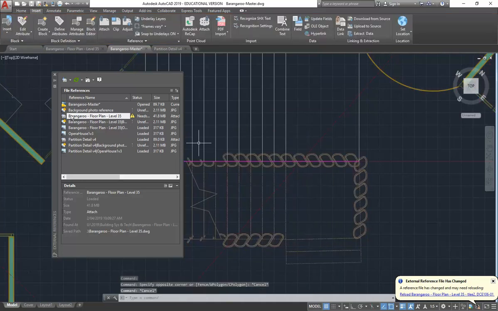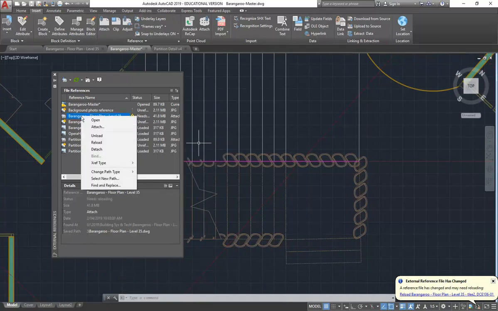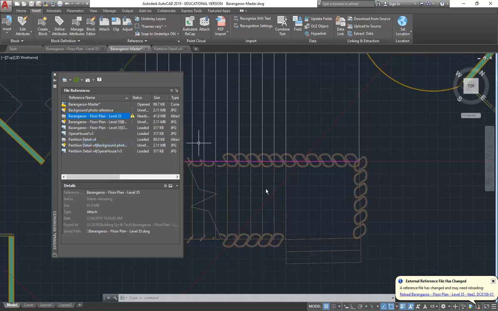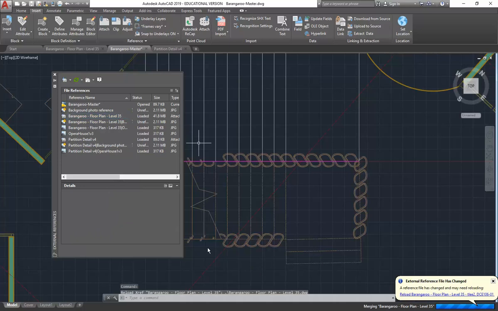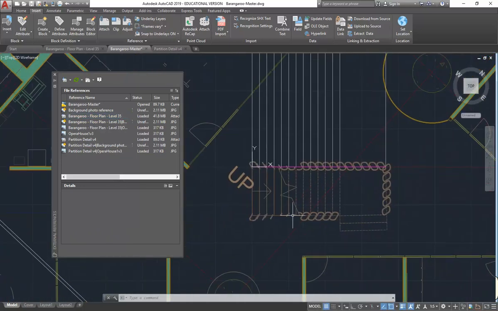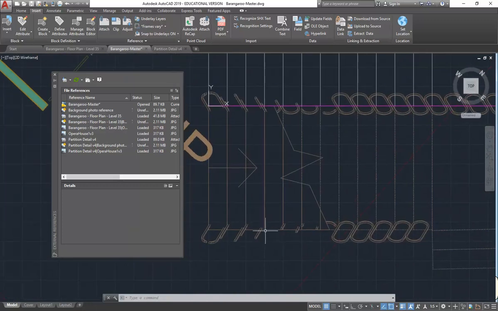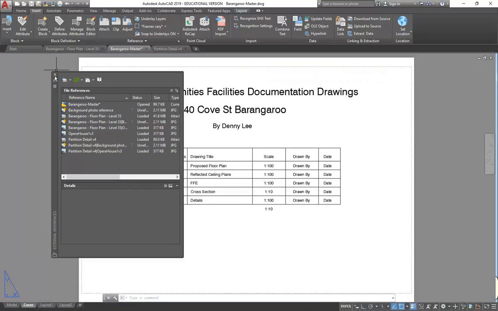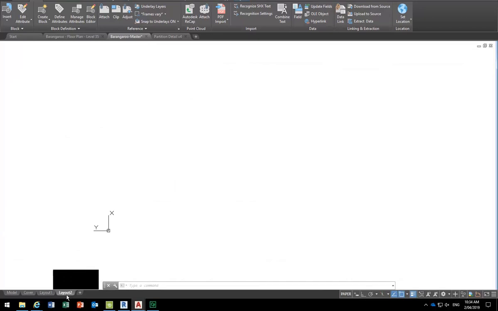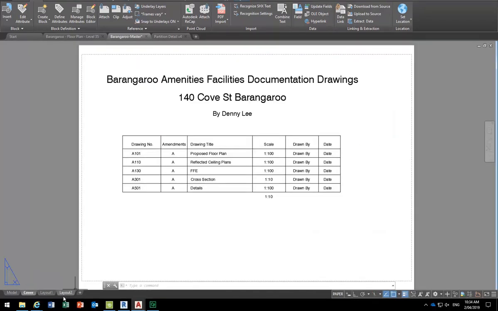So, you can see it tells us with that little exclamation mark, this one has had a change, and so to reload it, you can always right click there and then reload. So, thinking, and now you can see it's brought across the change. And so now to finish all of that off, to get my plan set up on a page, of course,